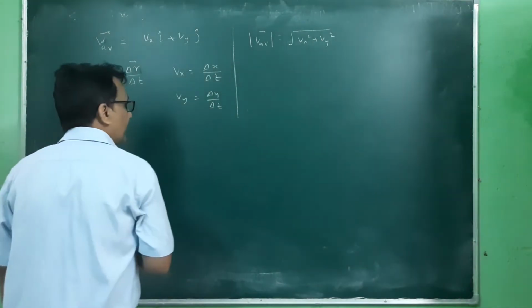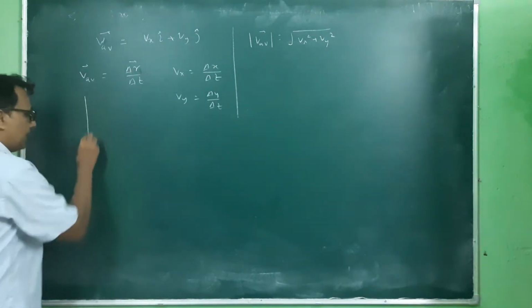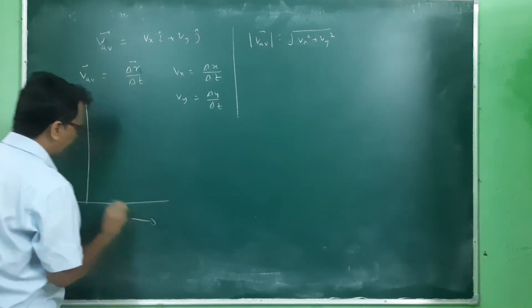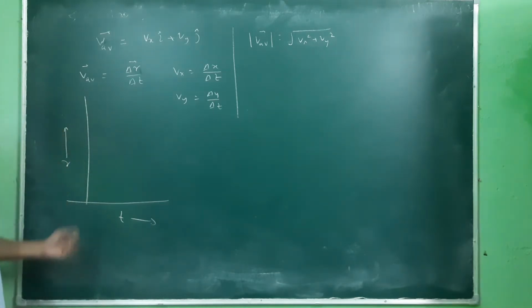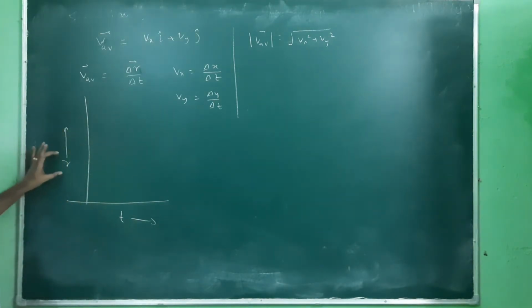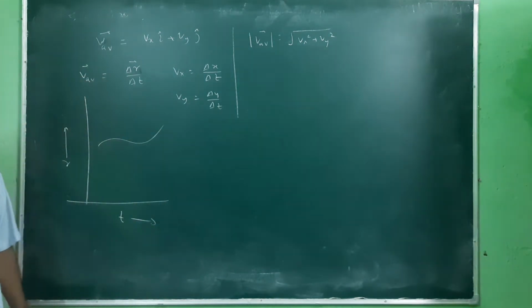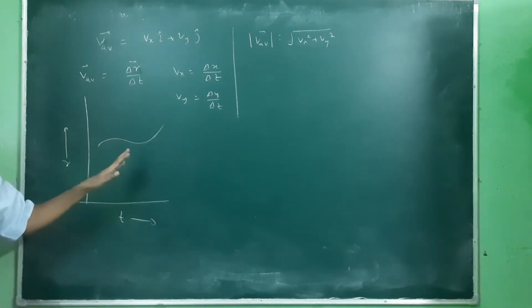In vector form, we can also show the direction by graphical representation. Let's say this is the time parameter and this is the position. Now I am writing this position as r. In one-dimensional motion, we represented this as x only. So here we will consider this as r, and if this is the path, then we can calculate that average velocity.